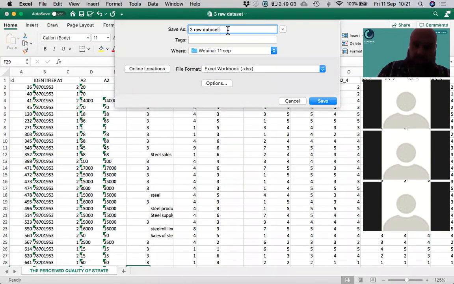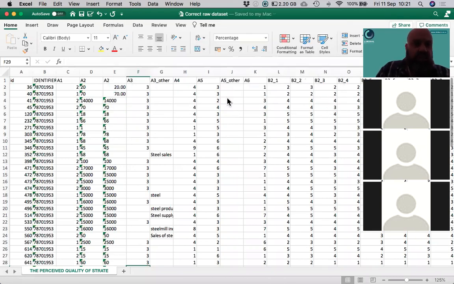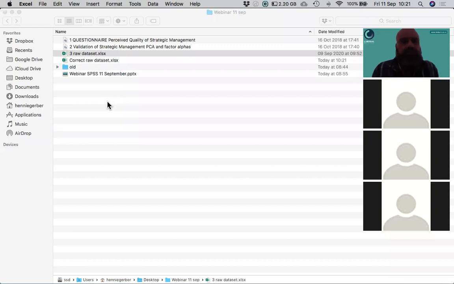I'll just call this correct and save it. It's only this one here that's problematic. You must just fix this if you have continuous data like this. This was the number of people in the organization or something like that. Okay, so what we'll use is this correct raw data set now when we import it into